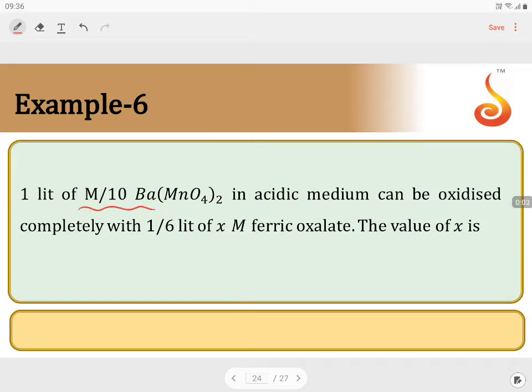1 liter of M by 10 barium manganate in acid medium can be oxidized completely by 1 by 6 liters of X molar ferric oxalate. The value of X is, okay, so if I say barium manganate